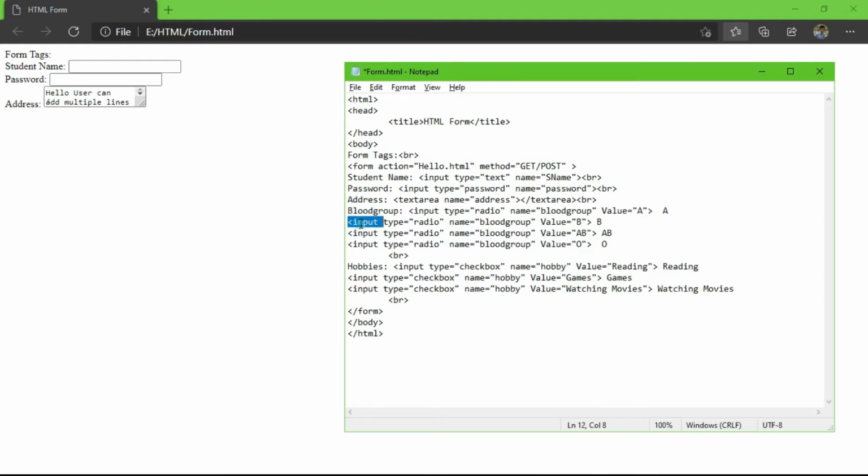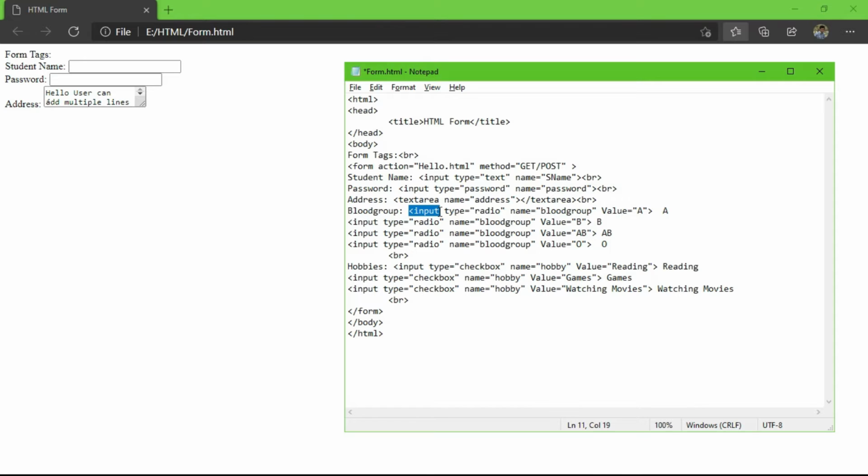As you can see, radio button and checkbox are both input tags. First we see radio button. For radio button, I will choose the example of blood group, because there is only one value of the user's blood group.